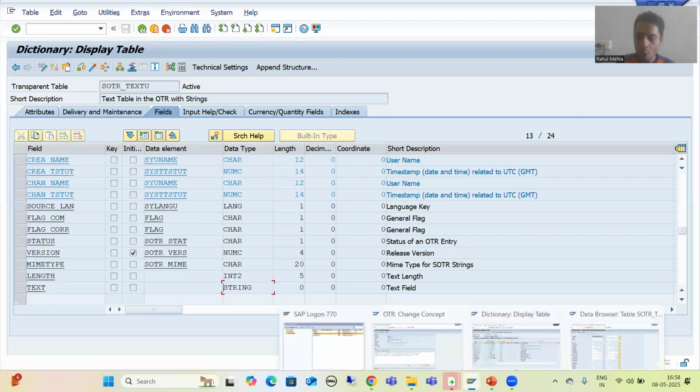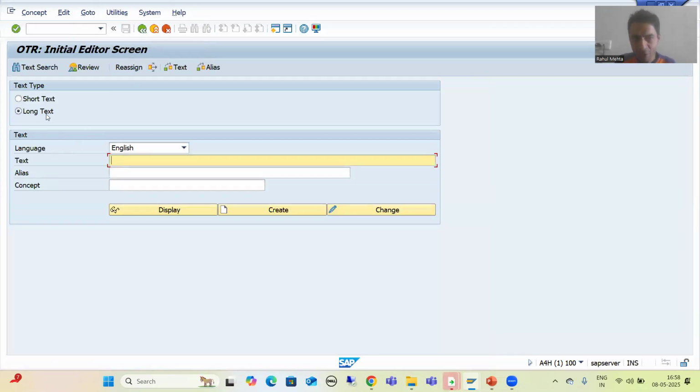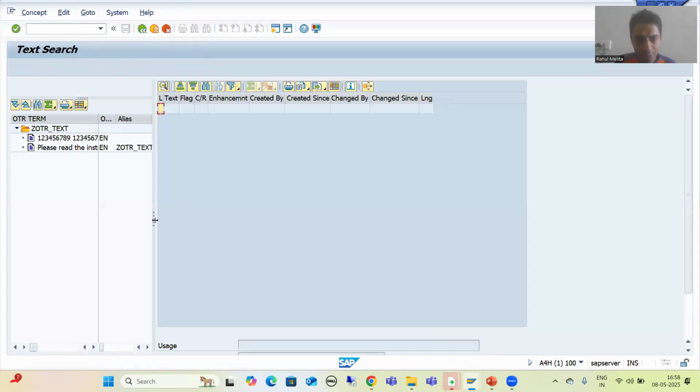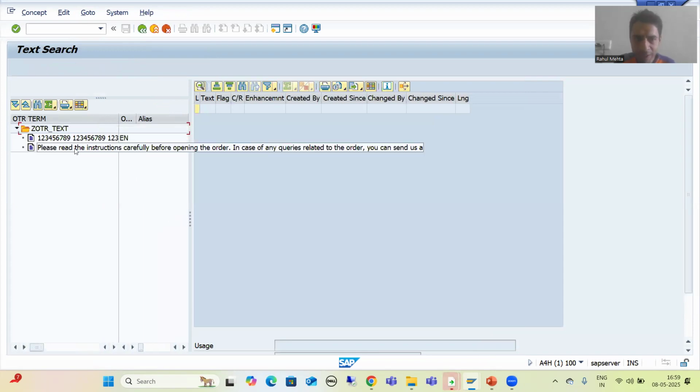Now, same way, I will maintain that translation also. Suppose I go for go to translation. I can go to translation from here itself because as of now, this particular window is open. But if you want to go by another way, it's totally your wish. Suppose I go to the back button, I will go for long text, text search. Now, if I put the package text, you can see I'm able to find this. This is what we created, yes. If I double click on this,